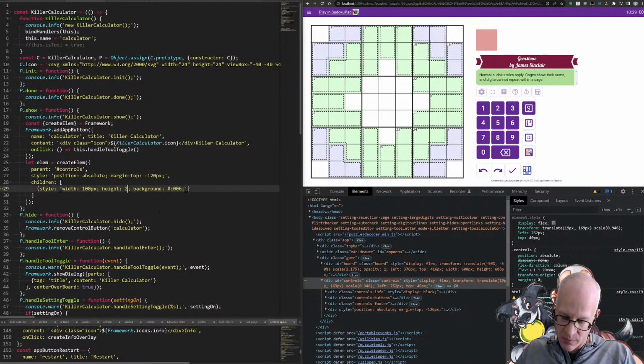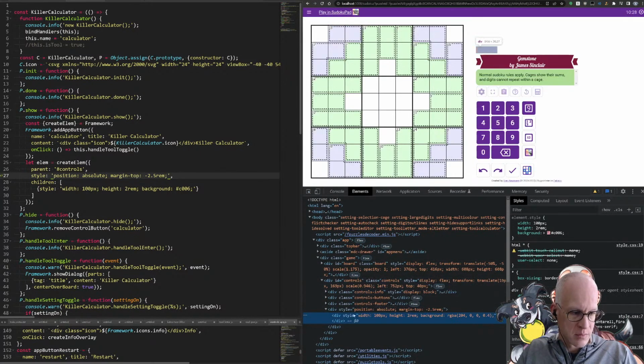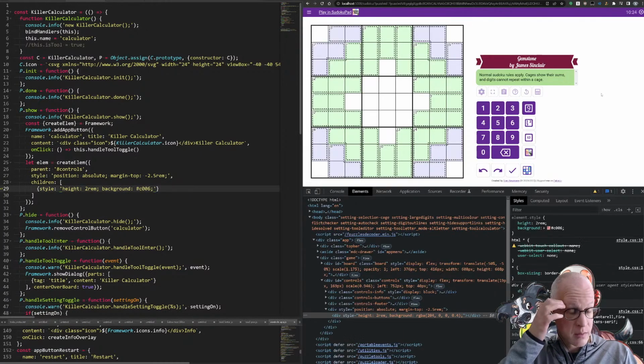So if I make this 2 rem high, and if I say calc minus 2 rem, or actually just minus 2.5 rem, and we have a 2.5 rem padding there, spacing there. And then if I don't limit the width, and I do something like that,